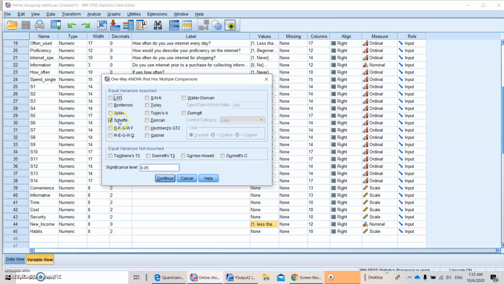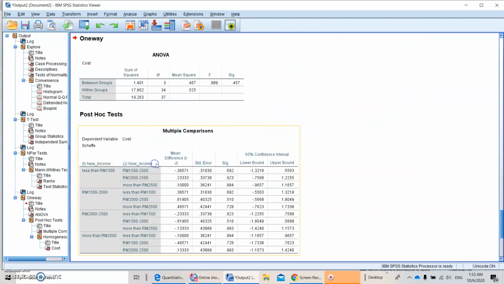I prefer to use Scheffe because, if there is a difference, it will separate each group by using a subset. I will show you later. Continue and then just click OK.